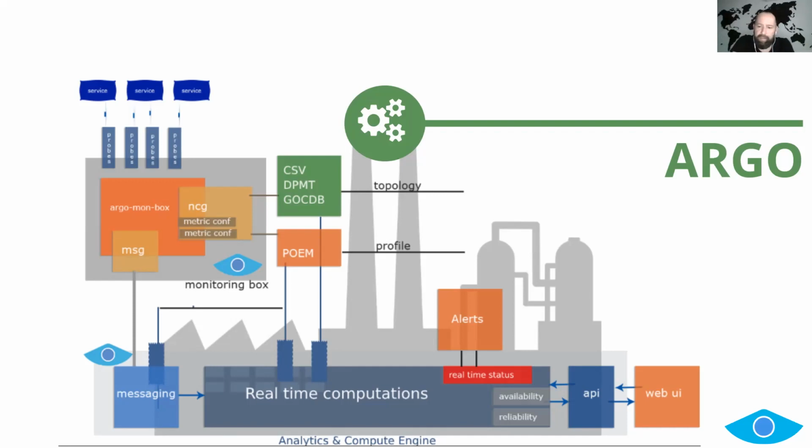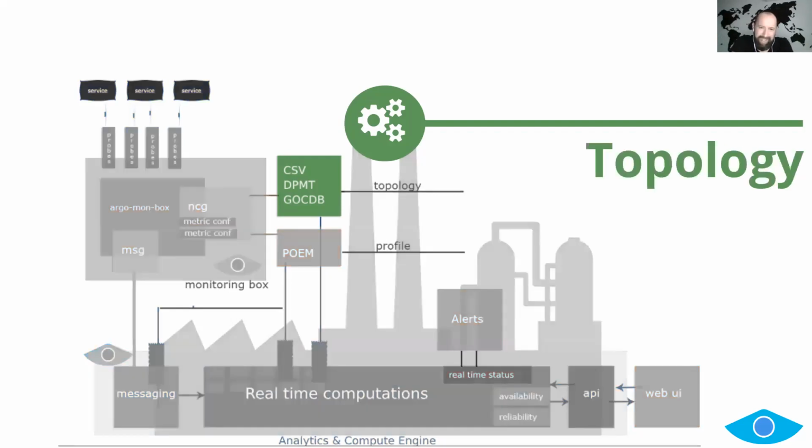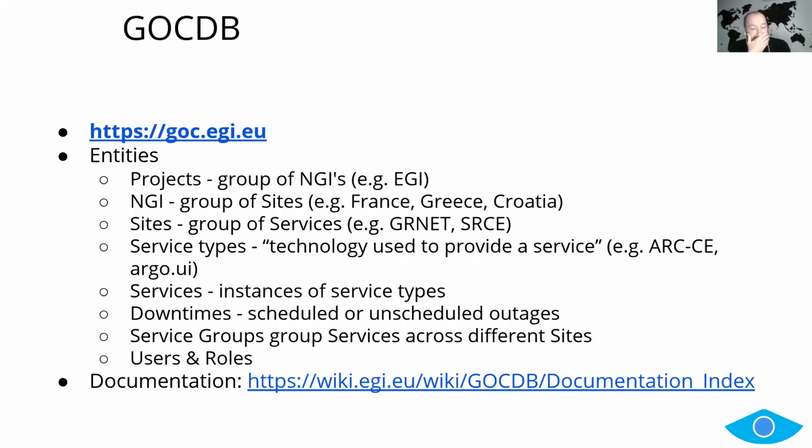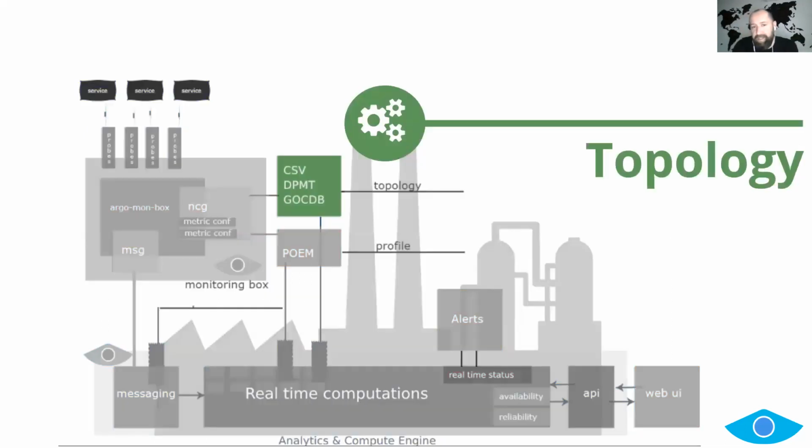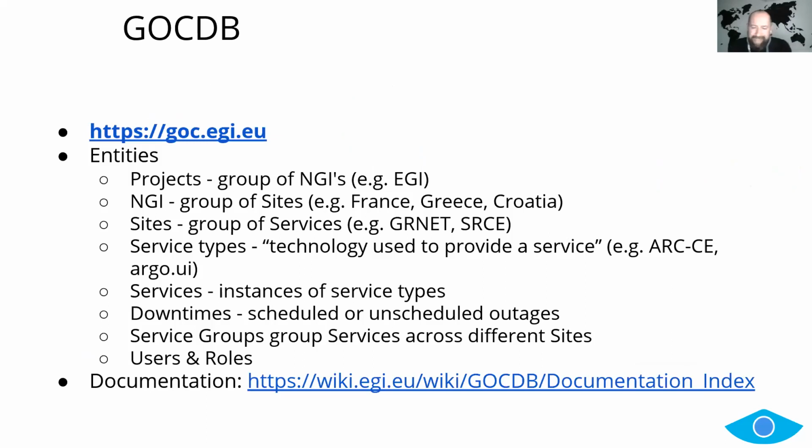So first up, topology. In EGI, I apologize in advance to all of you who are already familiar with GOCDB, but in order to provide the full picture, I'll start with GOCDB. GOCDB has been for ages the official topology database for EGI. Argo is only one of the systems which relies on the data coming out of it. There are other systems which also rely on it. And what it provides is first the hierarchy